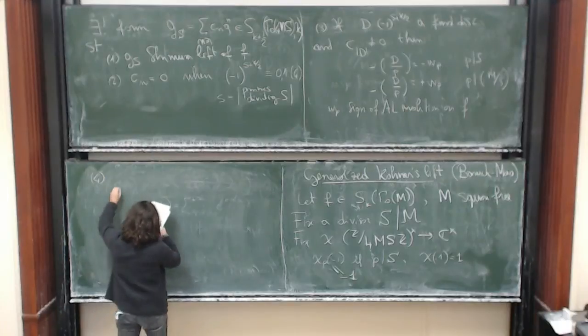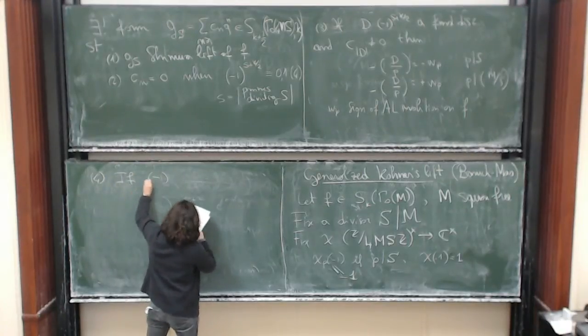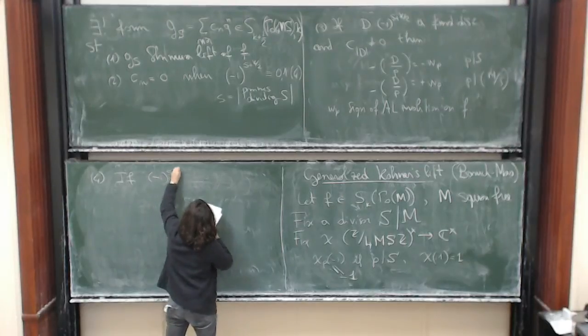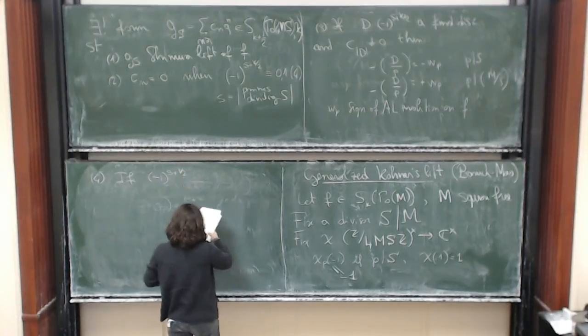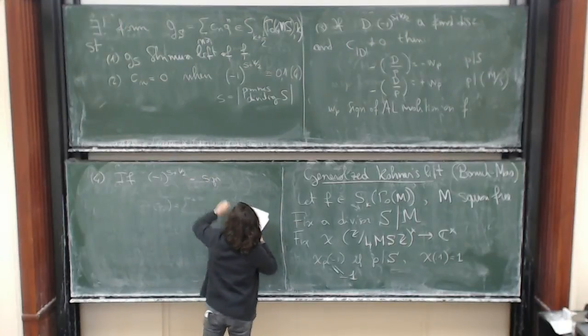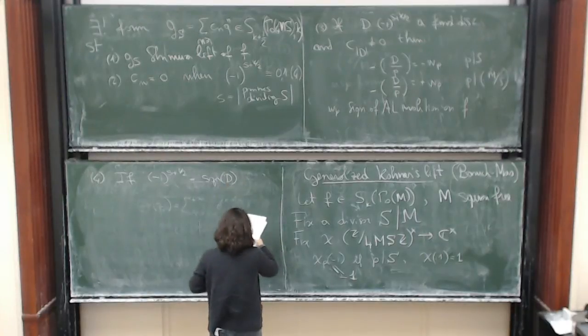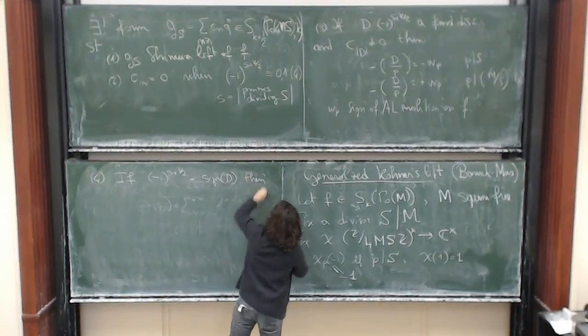So if -1 to the S plus 1/2 is equal to the sign of D, then